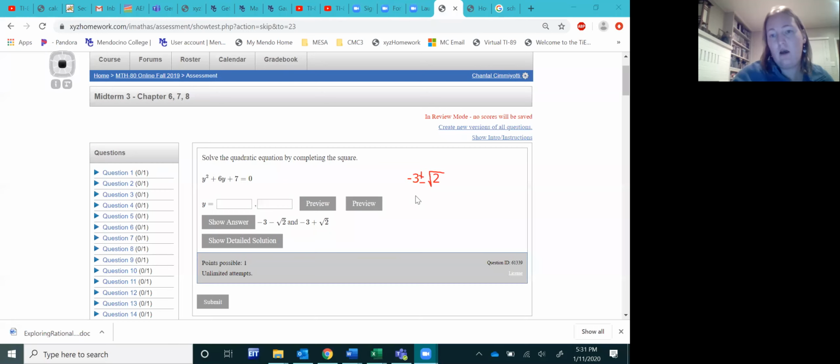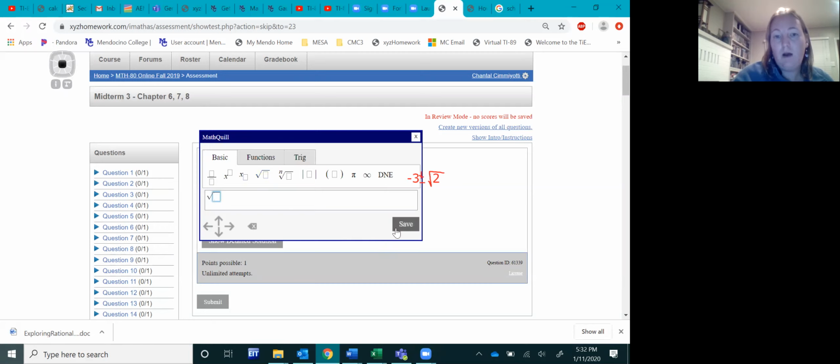Another thing that you have to be careful of is the plus minus. Just like I mentioned, your cell phone or your computer might have a button for a square root or a plus minus. Do not use those. It will not interpret them correctly. If you have an expression like this that you're trying to enter into the system, it's -3 plus √2, and then the second answer is -3 minus √2. So you'd answer them like this and this, using the square root function either from here or by typing in